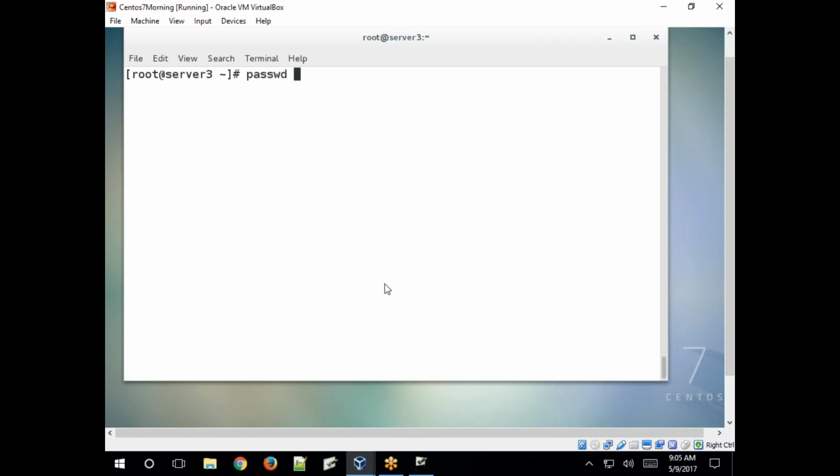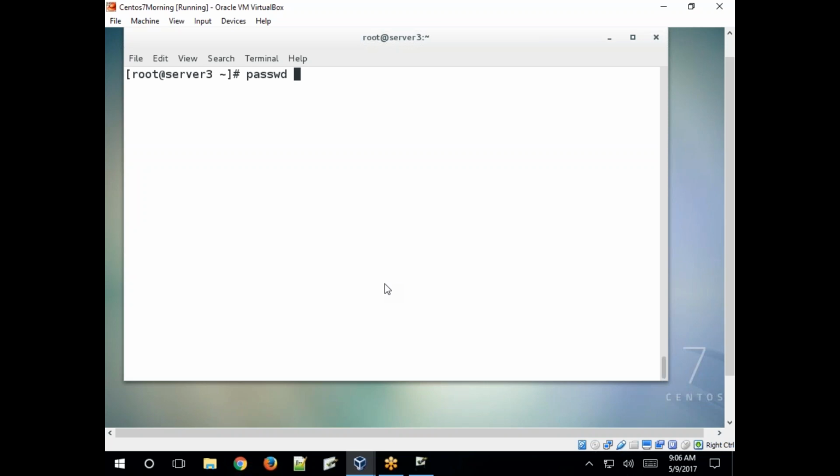passwd is the command to set a password for a user, to change a password or set a password for a user. passwd is the command to set a new password or change an existing password.